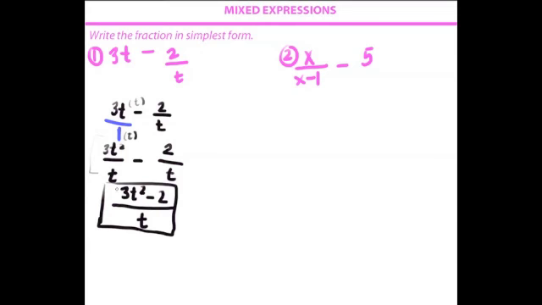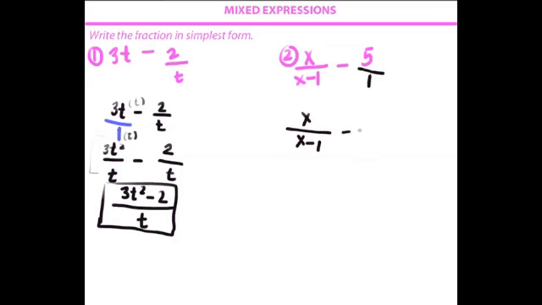So pretty straightforward, just extending and giving you a little more practice with this, okay? So looking at number 2, x over x minus 1 minus 5. So look for the whole number, which is the 5 in this case. And you want to put it over 1 so that you can make it a fraction. So I have x over x minus 1